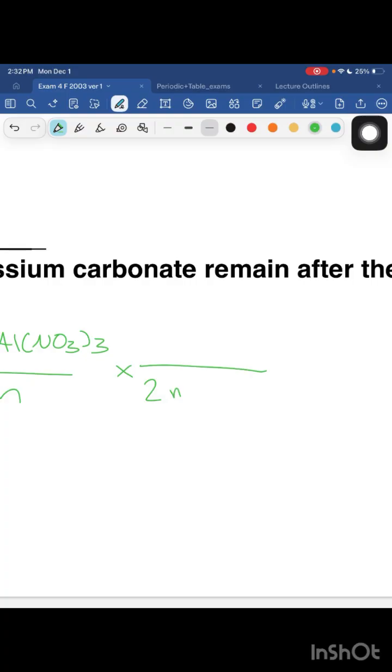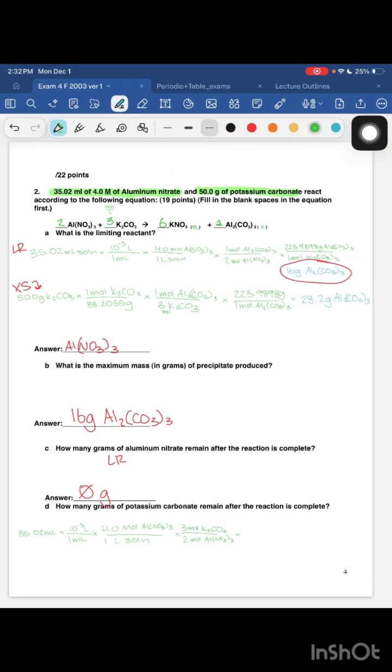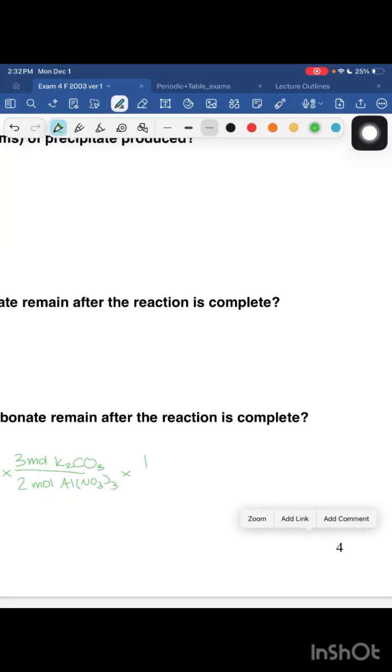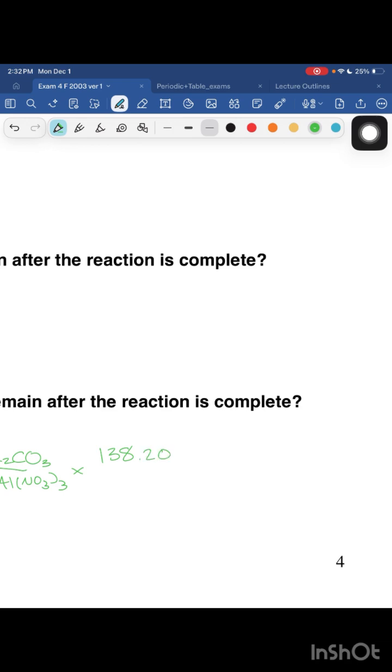So it's 2 mole Al(NO3)3 to 3 mole K2CO3. Then we convert to grams, which we know from up here is 138.2055 grams for every 1 mole of